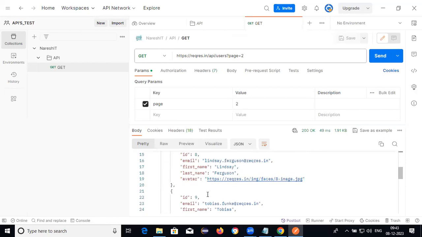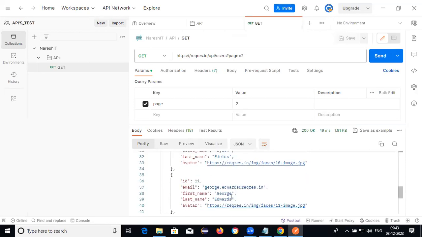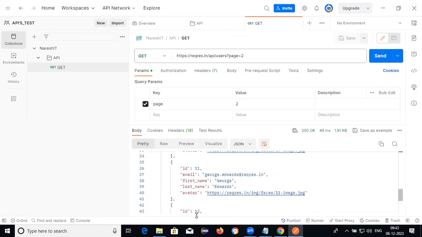All the IDs, total 12 is there. How many employees are there in page number 2? 12 employees. So we need to validate the body, whether your expected data is there or not inside the body. Time is completed, body is completed.